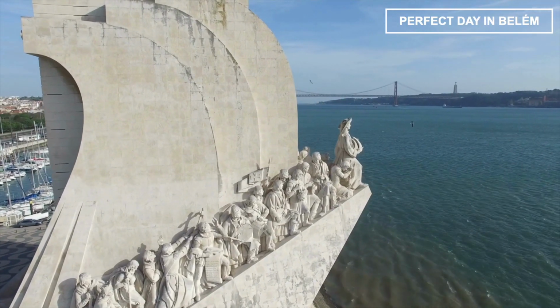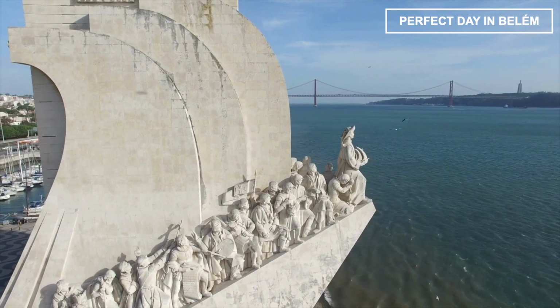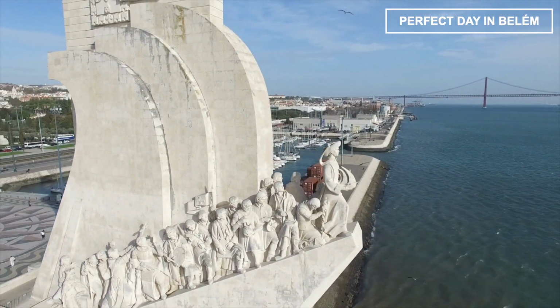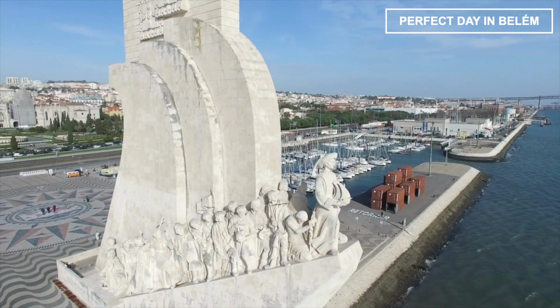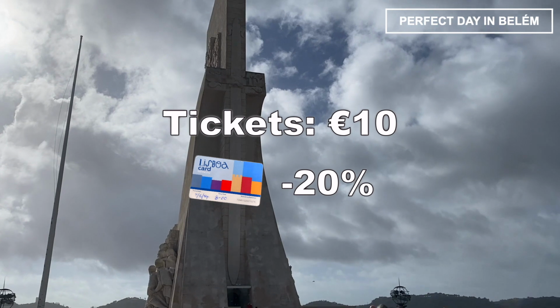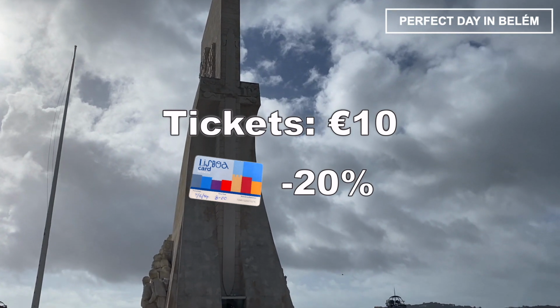32 figures are carved into the side of the monument, all of whom played an important role in Portuguese exploration. The monument was built near the launch point of Vasco da Gama's first voyage. You can take a lift to the observation deck on the top of the monument for an amazing view over